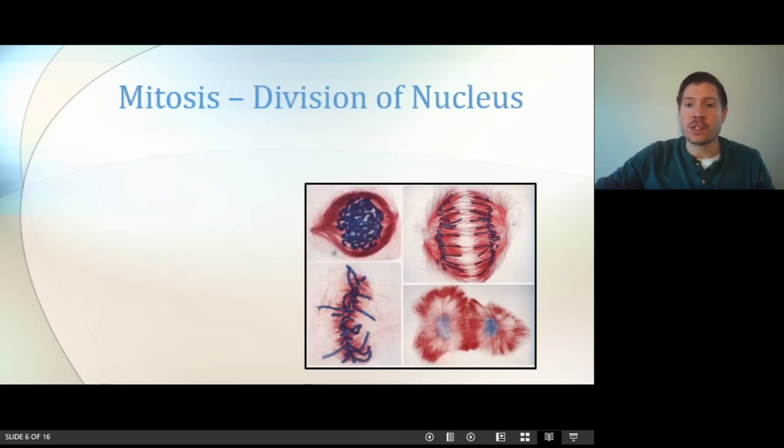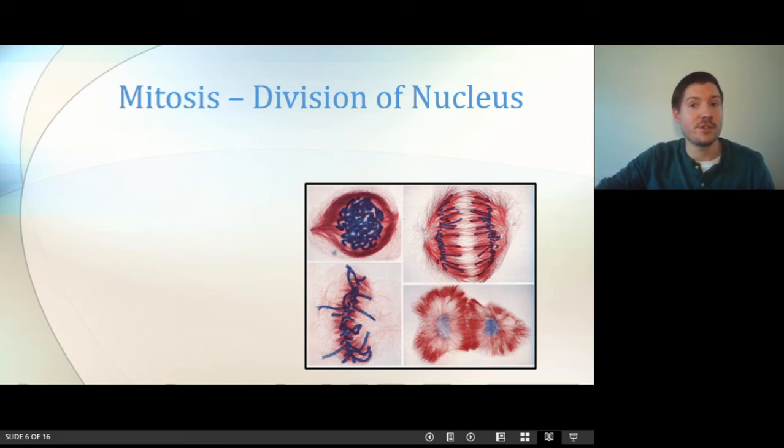So what we're going to focus on in this video is basically going through the stages of mitosis and one or two major events in each stage. So once the cell has committed to division, the first thing it needs to start doing is divide up the nucleus. Right? The nucleus, as you know, houses the DNA, and now we have already made a copy of this DNA, but now we must divide it equally and appropriately into the two new cells.